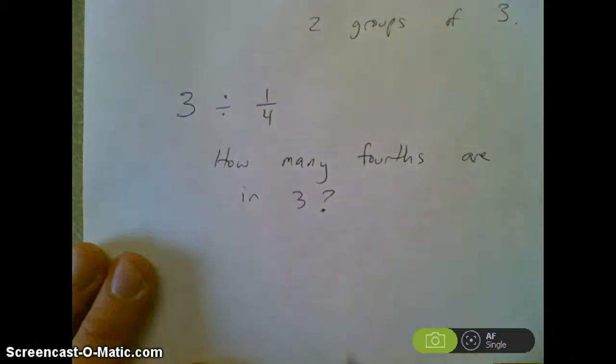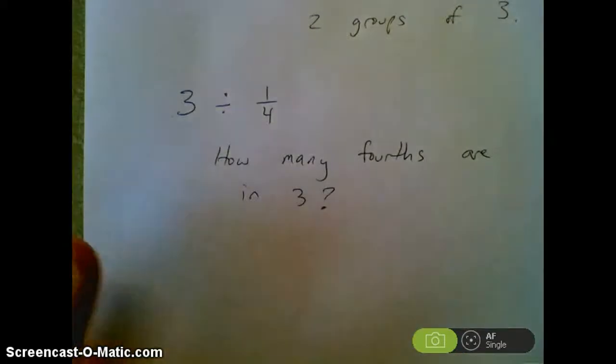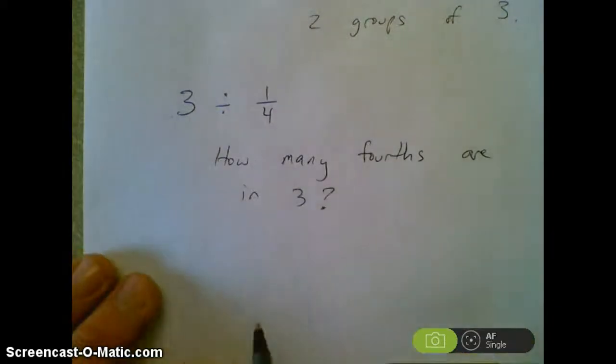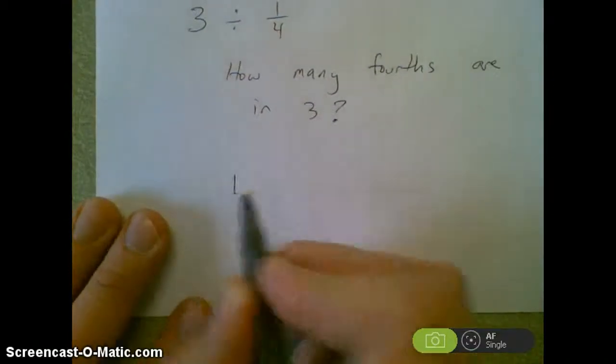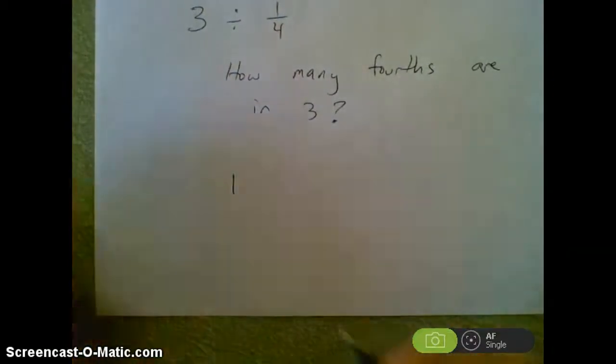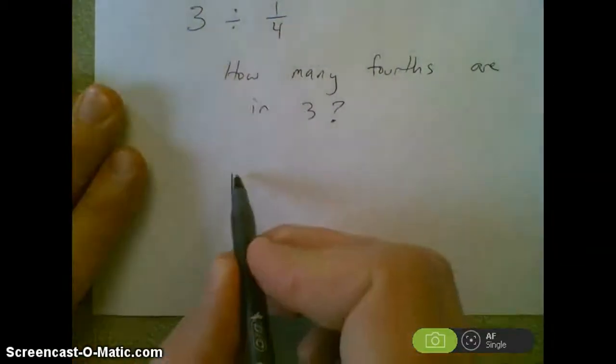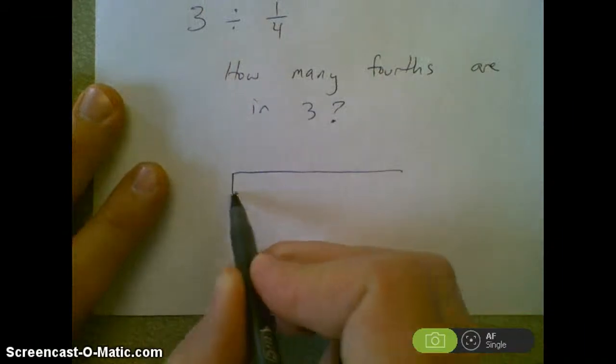How many fourths are in 3? Then when I get the answer of 12, it sort of makes sense. There's 12 fourths in 3. And the way I can show that is to draw, I use the bars because I'm a distance person, I guess. I'm going to draw a bar,